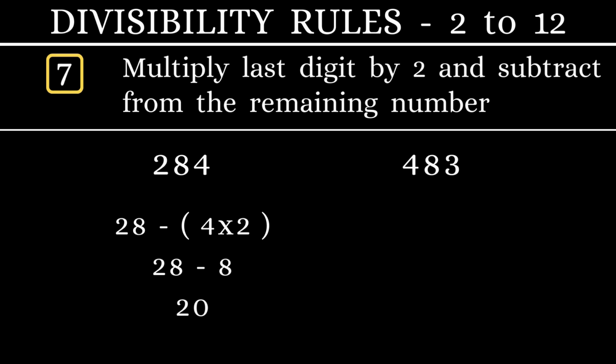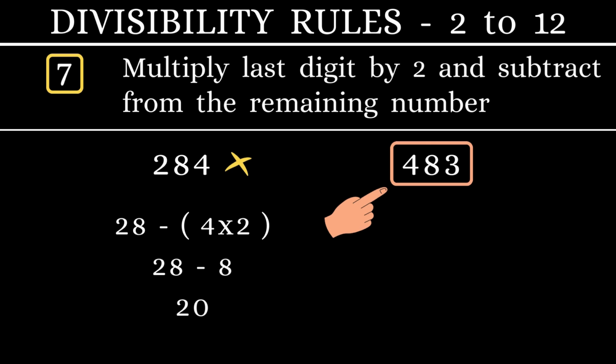This number 20 is not divisible by 7. That means 284 is also not divisible by 7. Next example,